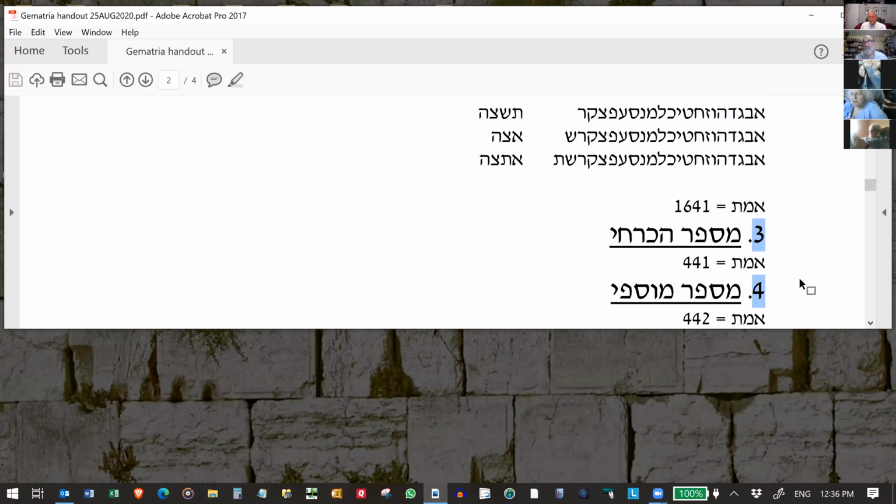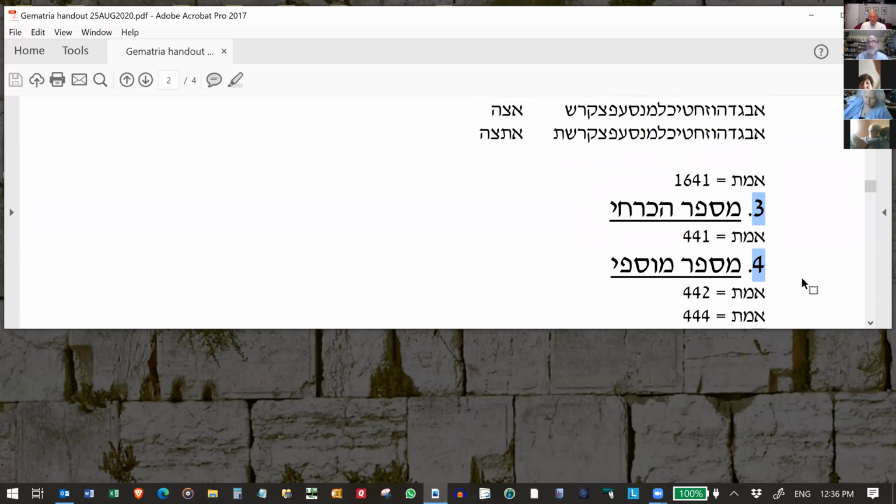itself counts. And this we call kollel. Kollel is a group of people learning nowadays, but kollel is just simply an aggregation, a grouping. So the grouping of the letters together counts as one. And sometimes each letter, a different variation, counts as one extra because it's sitting in a group. Because the letters Aleph, Mem, Tuf are sitting in the single group, they each get an additional value. So MS, which was 441, becomes either 442 if you talk about the word kollel, or 444 if you talk about the letter kollel.